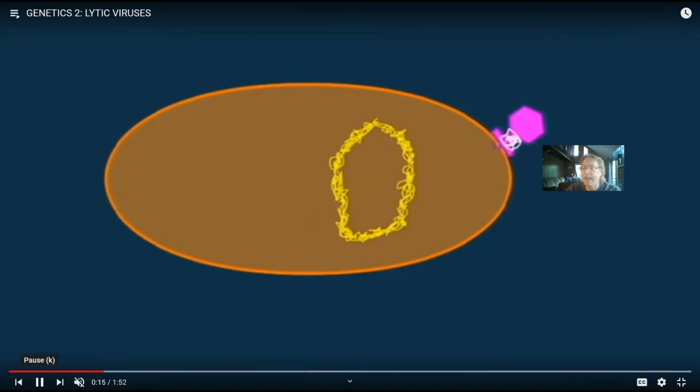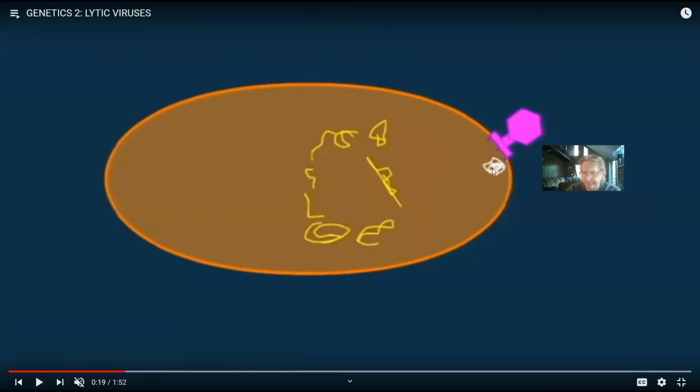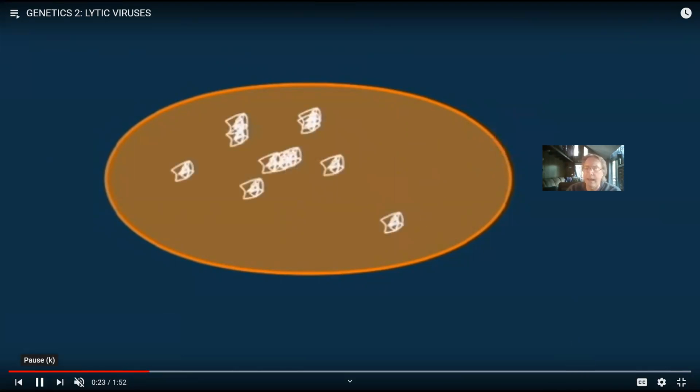So the virus then typically gets its nucleic acid inside the cell. If the nucleic acid is RNA, it may have to be converted into DNA first. And then typically what's called a lytic virus will convert all of the cellular mechanics into making the cell into a factory to make more virus. So the host chromosome can be cut into pieces, and all of the ribosomes and enzymes can now be used to replicate the viral nucleic acid, and then to make proteins from the viral nucleic acid.